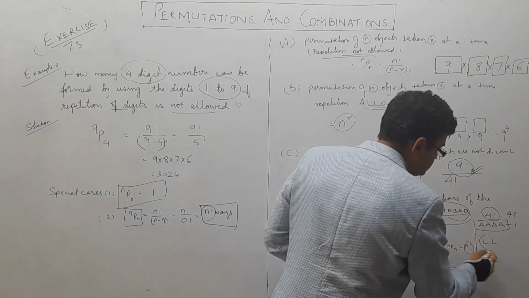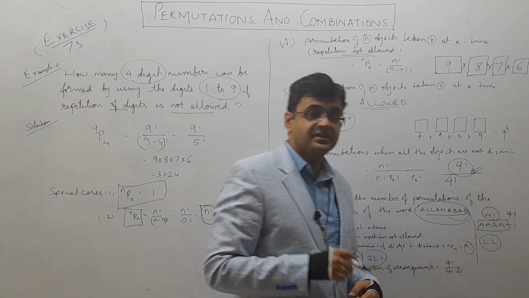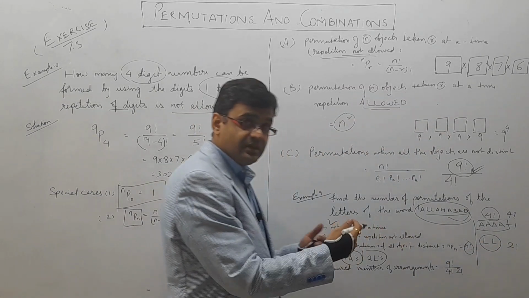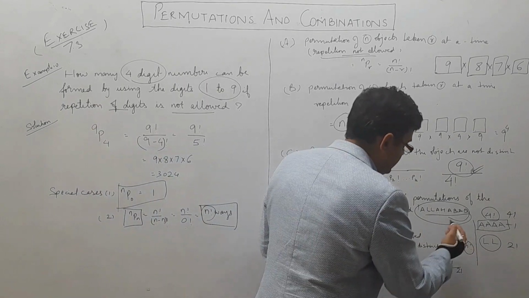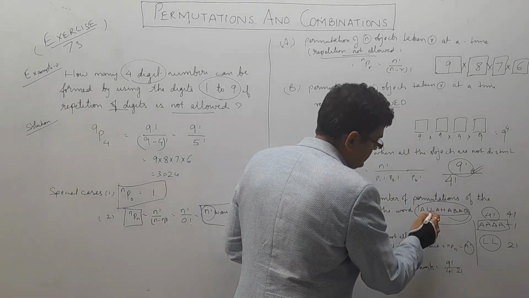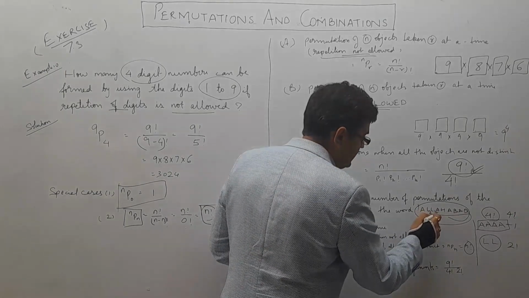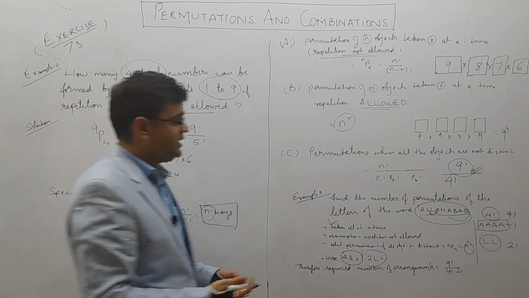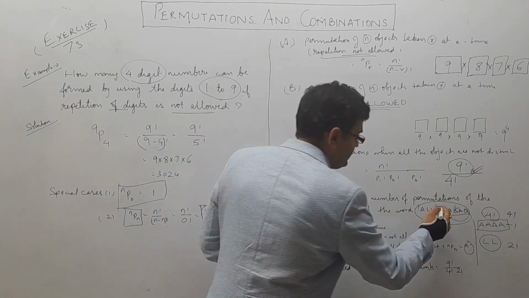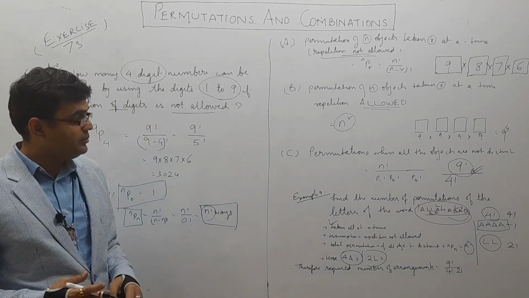Similarly, there are 2 L's. If we are taking these 2 L's as distinct, then there are 2 factorial arrangements among these L's. L can be placed at various places, but say this is L1 and this is L2, if we put L2 here and L1 here, it will not make any difference. Similarly, if L is placed here and L is placed here, it will not be different. If L1 is placed here and L2 is placed here, and if we change the position again, it will mean the same.